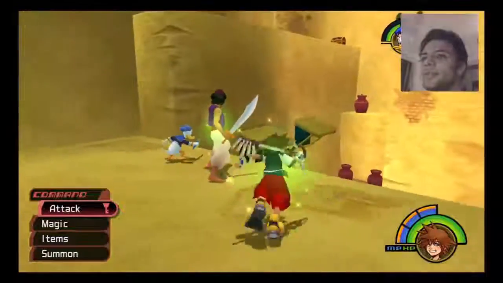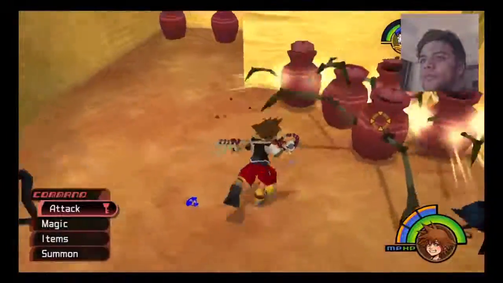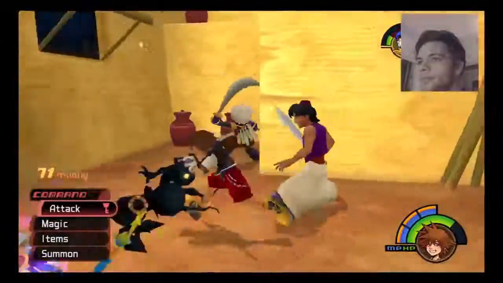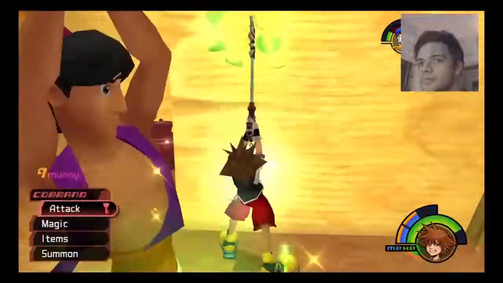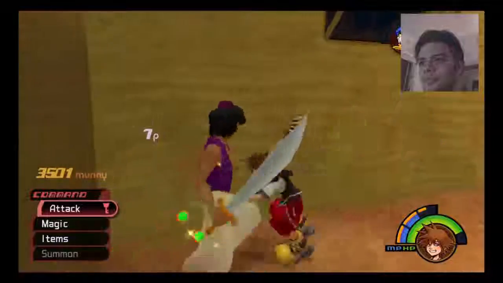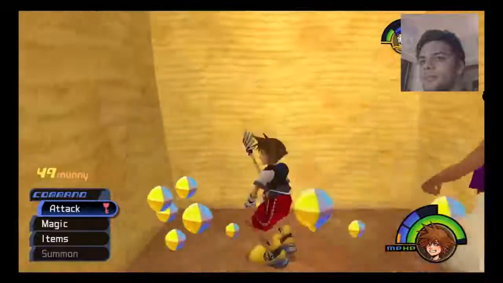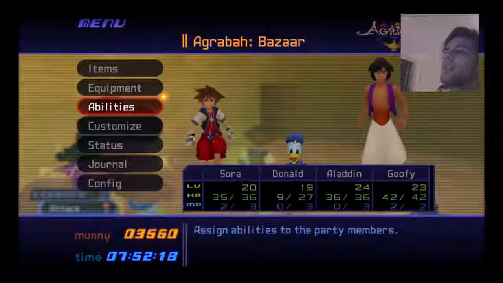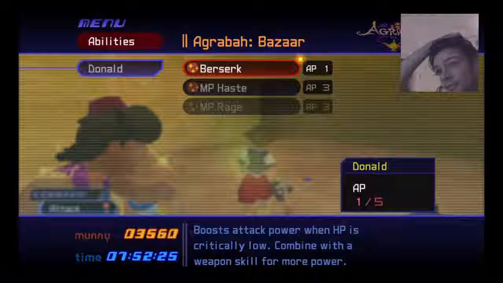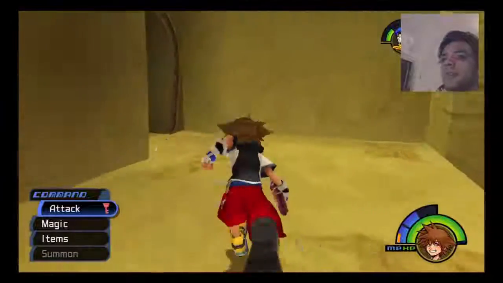Donald learned MP Rage, so that's going to be useful. Got everyone. That was close. This is it. I'll heal Donald up, and I'll give him that MP Rage ability if he has... No, he does not. And personally, I feel that their two abilities work out better for him, so...